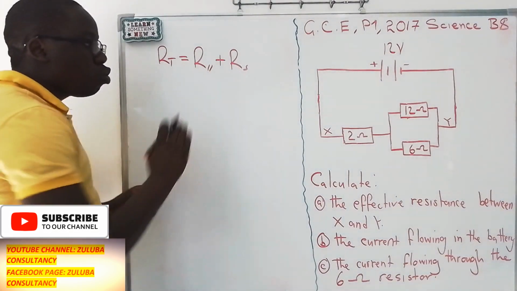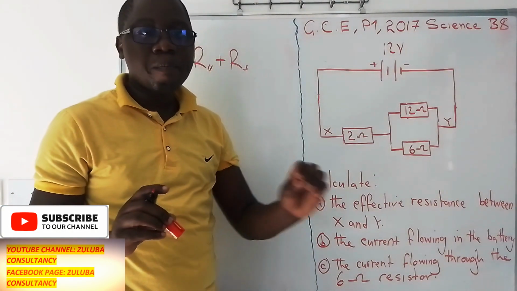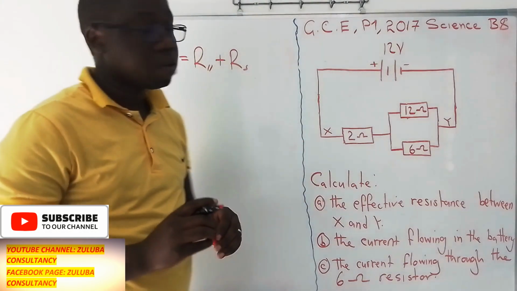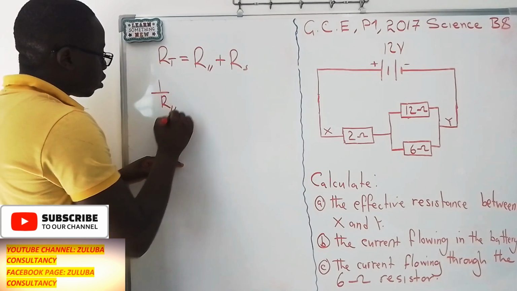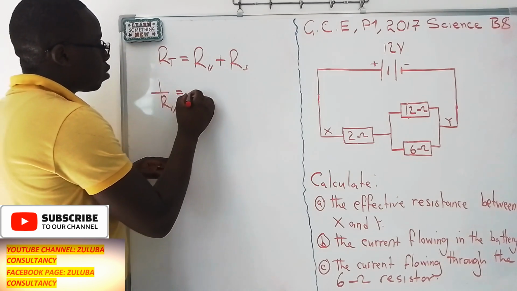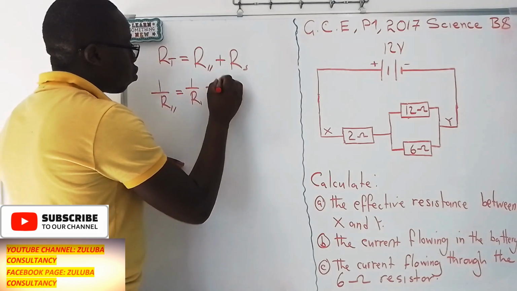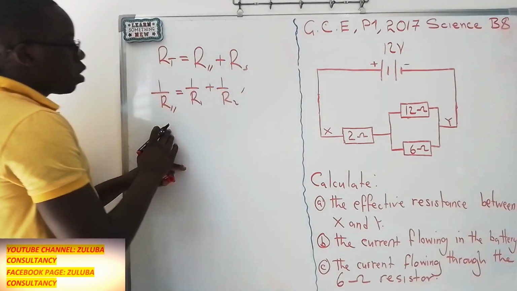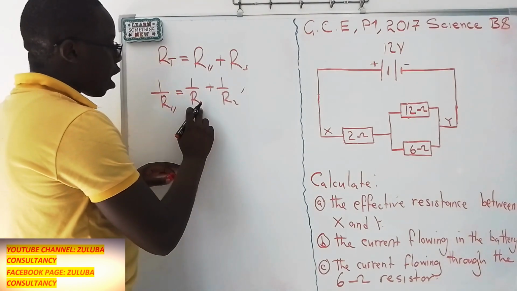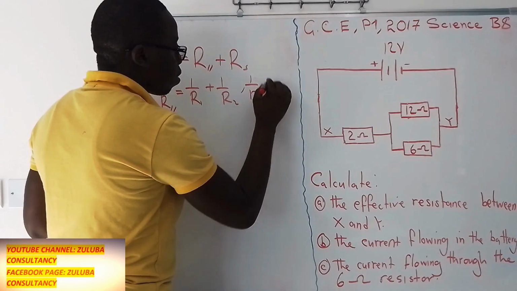So we need to apply the concept of finding resistance in parallel circuits. We know that resistance in parallel, we find it as 1 over total resistance is equal to 1 over R1 plus 1 over R2. Now, when we get the R1, we are saying it will be 1 over 12 plus